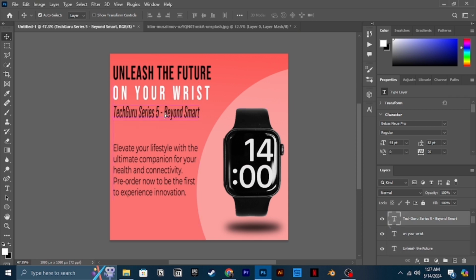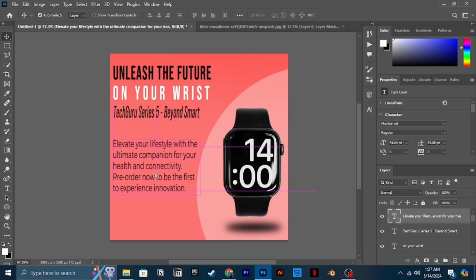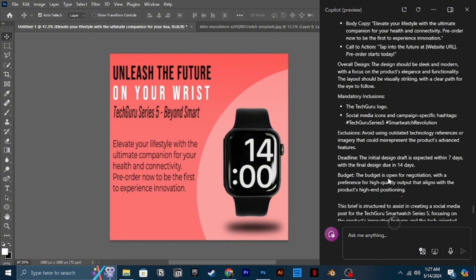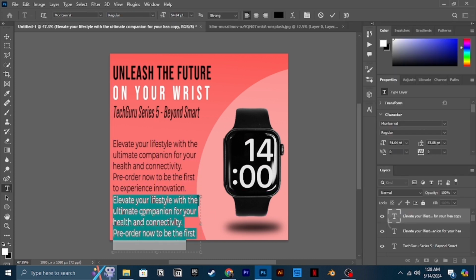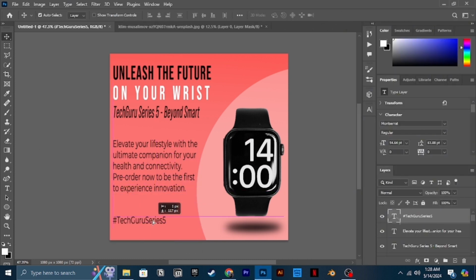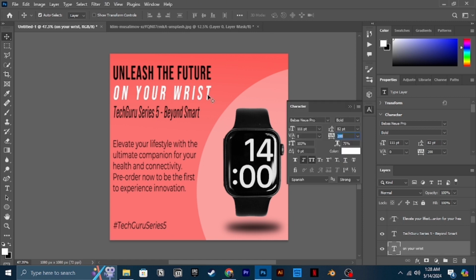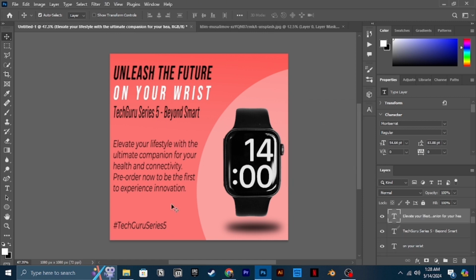The product is very sleek, very red and classic, but the background is very bright. So instead of that, I am actually gonna change it. But right now, I'm just adding the hashtag in the corner to kind of complete the design, in my opinion.